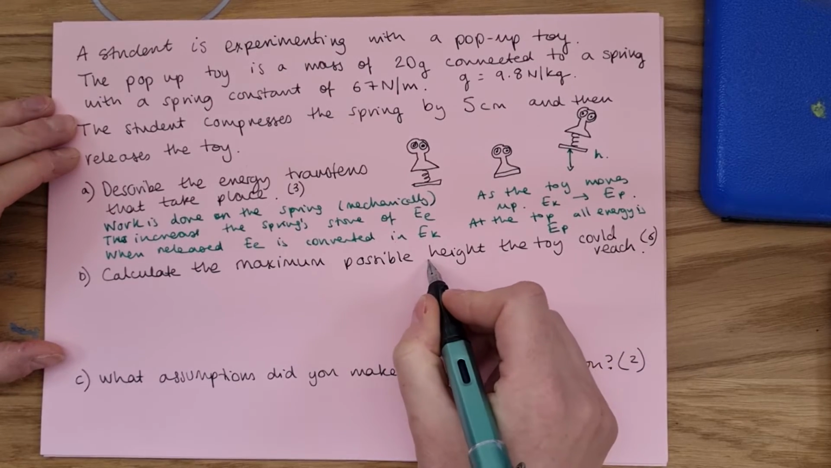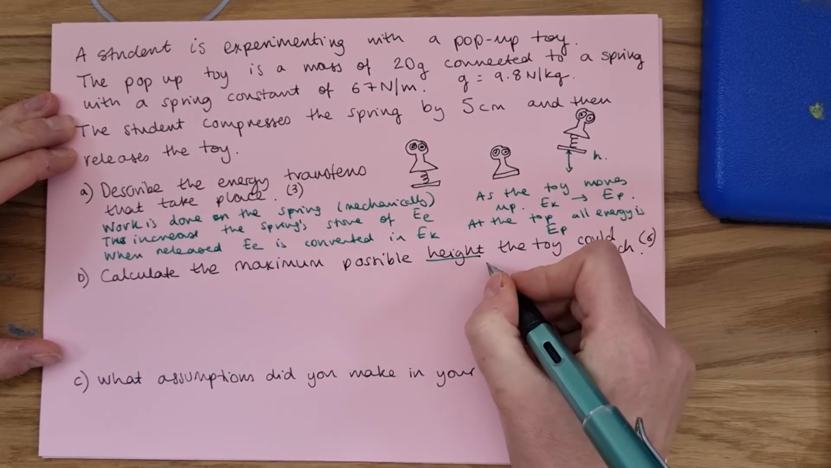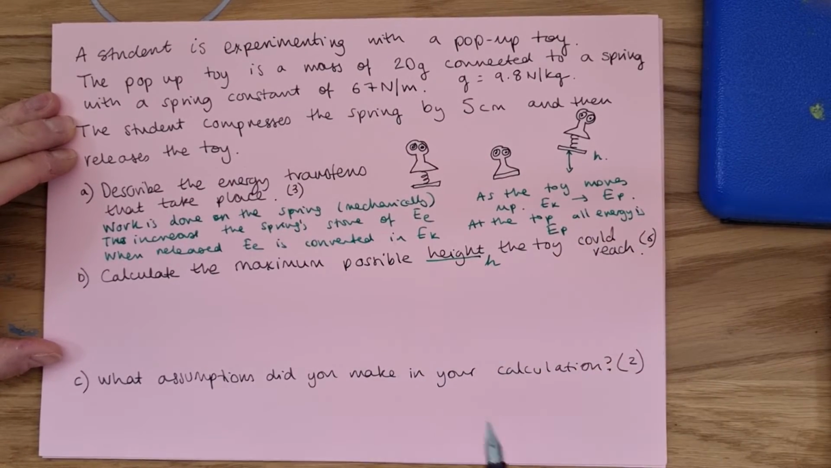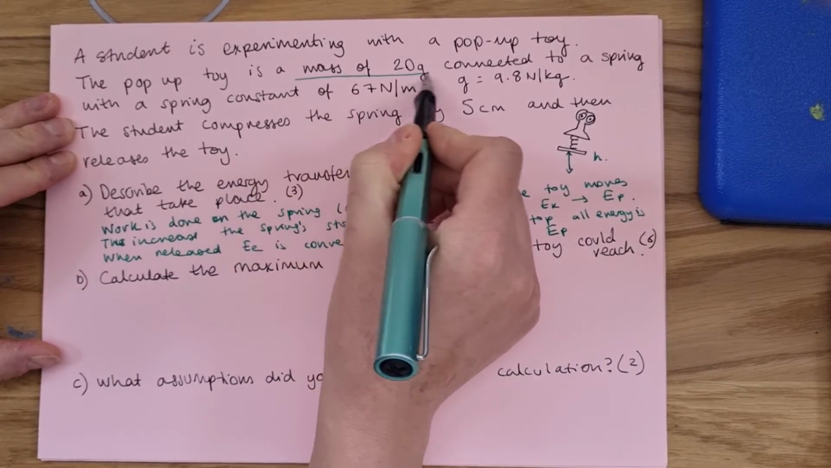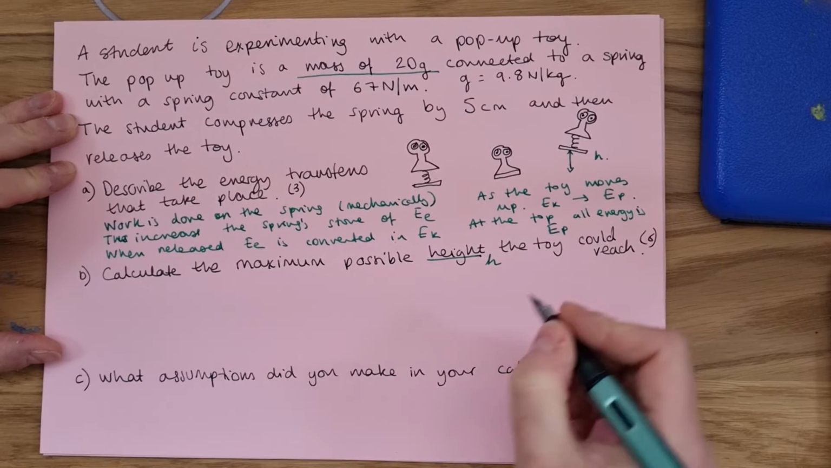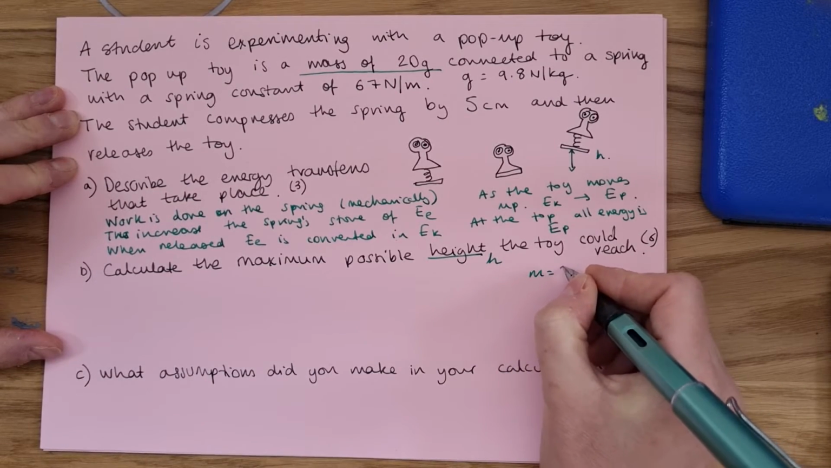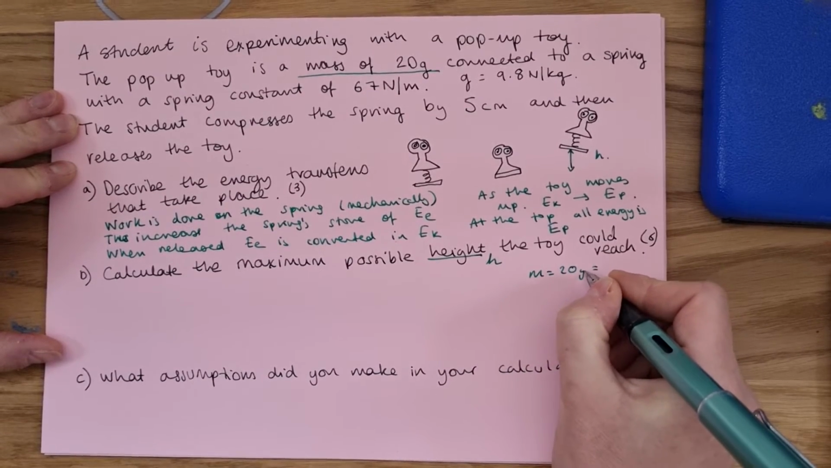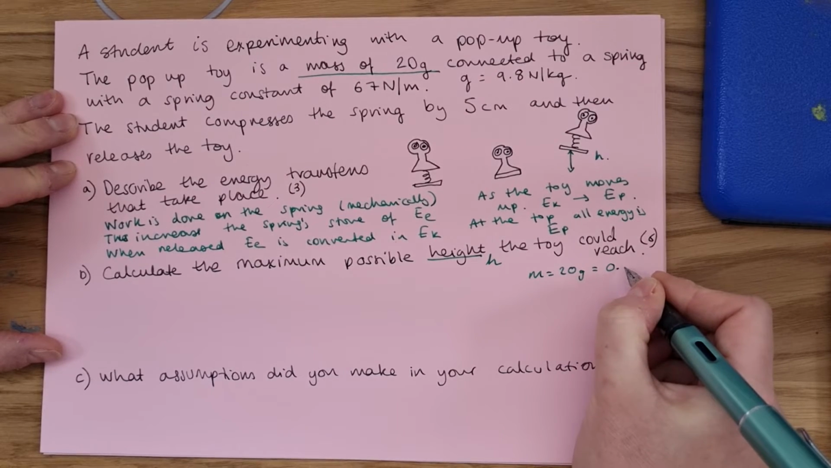Calculate the maximum possible height the toy could reach. So we're trying to find the height. We've got lots of stuff in here. We've got the mass is 20 grams. Now, I know 20 grams is not the right unit for mass, so I'm going to write mass is 20 grams, which I need to convert into kilograms, which is